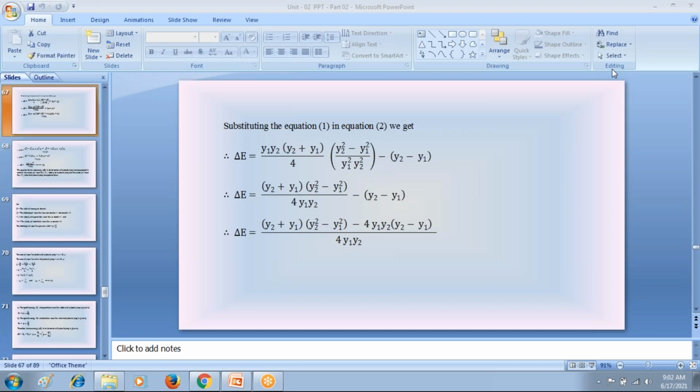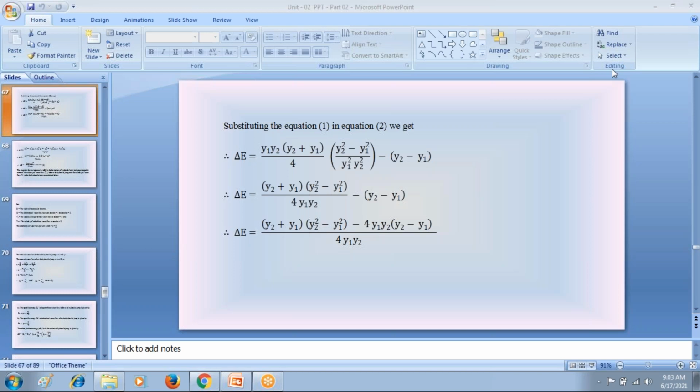Good morning, students. Coming to the laws of energy of water flow in the hydraulic jump. At section 1, we calculate the specific energy E1 is equal to Y1 plus small q square divided by 2g into Y1 square. At section 2, the specific energy after the hydraulic jump E2 is equal to Y2 plus small q square divided by 2g into Y2 square. Then the loss of energy delta E is equal to E2 minus E1.